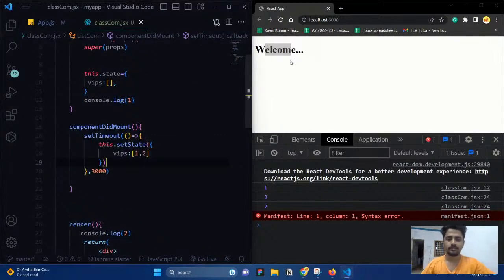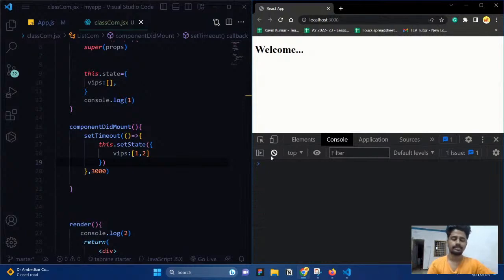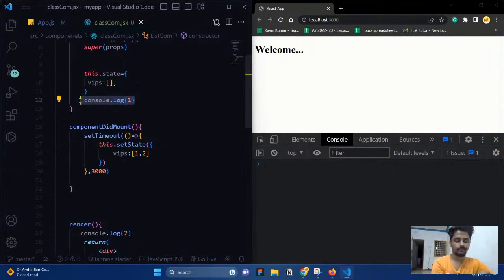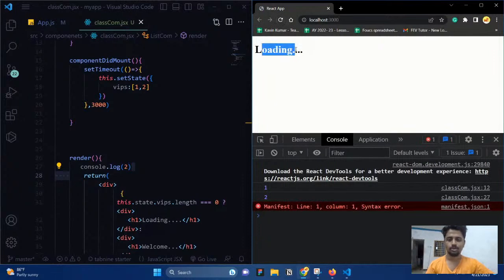Now if I save it, you can see initially we have loading. After 3 seconds it changes to welcome, right? So what is happening, let me see that carefully. You can see console.log1 is the first render. Once you have started the component, when you render, it is the first render. And console.log2 is the initial state that the constructor renders. Now if I save it, you can see we are getting load 1 and 2